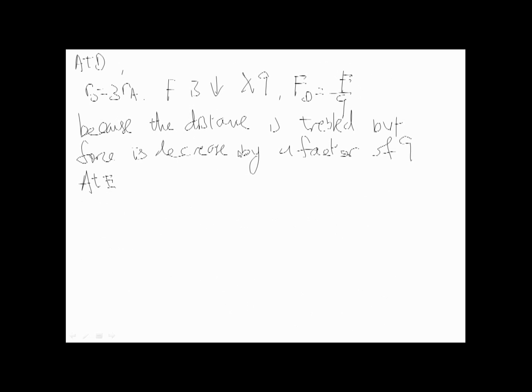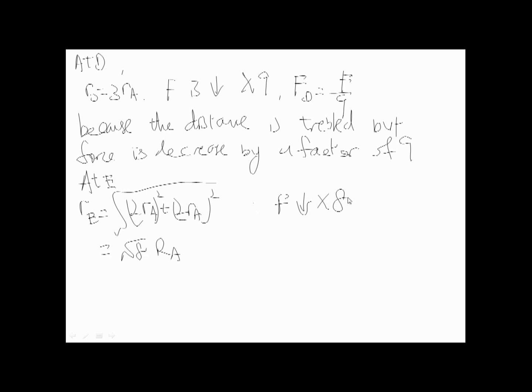So using Pythagoras, RE is equal to the square root of (2RA) squared plus (2RA) squared, so eventually I will get square root of 8 RA. So my force will be reduced by 8 times, because